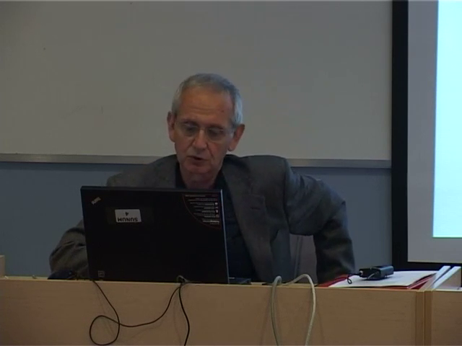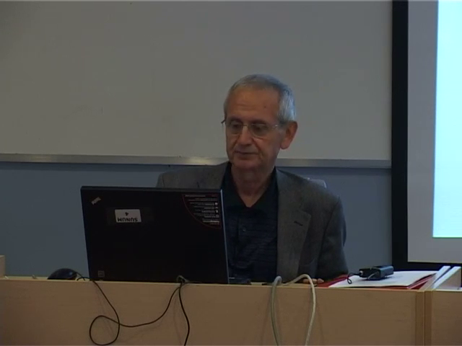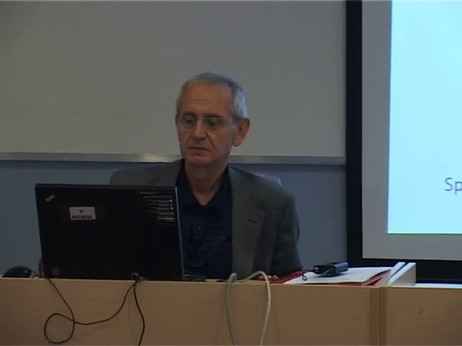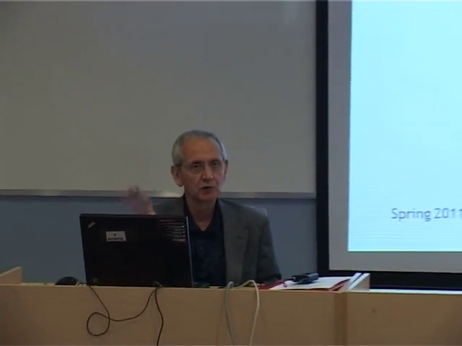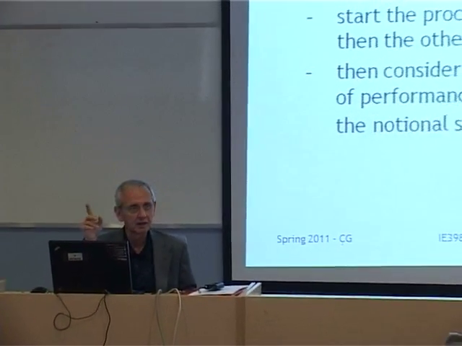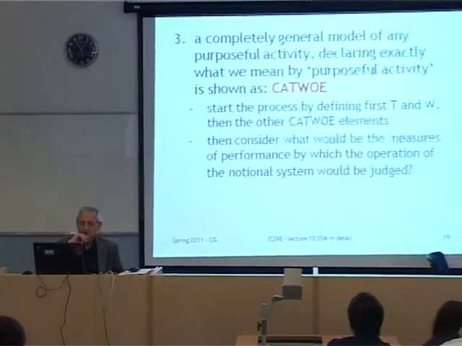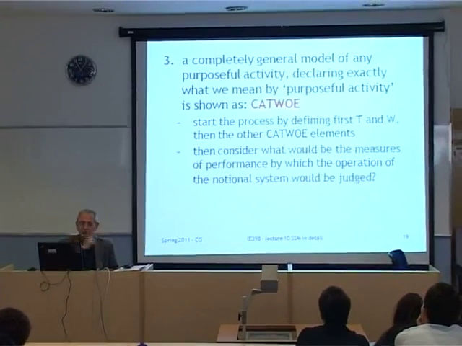O, owner, who could stop this activity. And E, environmental constraints. What constraints in this environment does this system take as given? So these are the questions that you have to put to yourself in order to complete the CATVO analysis. We said here, how do we implement CATVO? We do not start with C and then A. We start with T and W. That's always easier. Start the process by defining first T and W, then the other